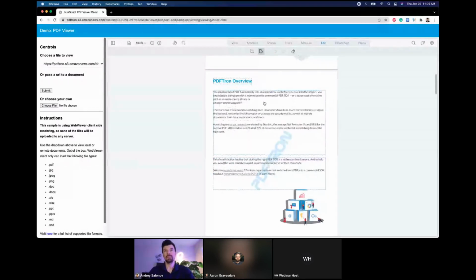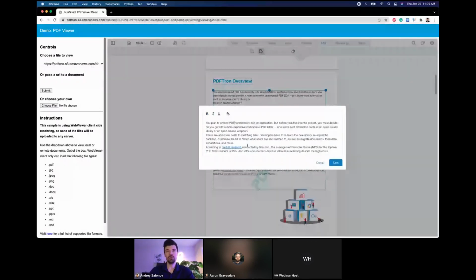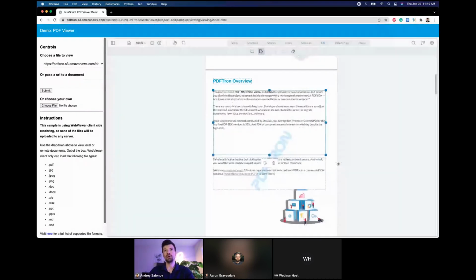And since the last time, you plan to embed PDF functionality, PDFTron has added 160-plus different formats, and maybe we should go ahead and mention them: MS Office, video, and image. And I really want to make sure that those are bolded just to really call them out. So I can do so: select them, select the bold. Perfect. And when I hit save, it will update the paragraph and make it reflow